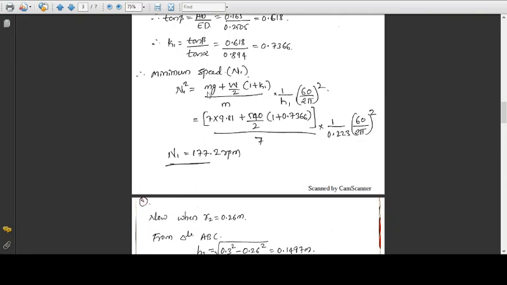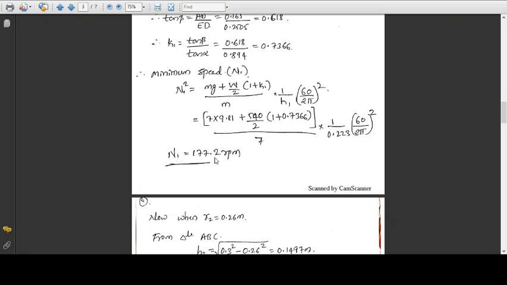To convert into Newton, you need to multiply with the G value. So it is m into G plus W by 2 into 1 plus K1, where K1 stands for the calculation at R1. After substitution of these terms, you will get the minimum speed as